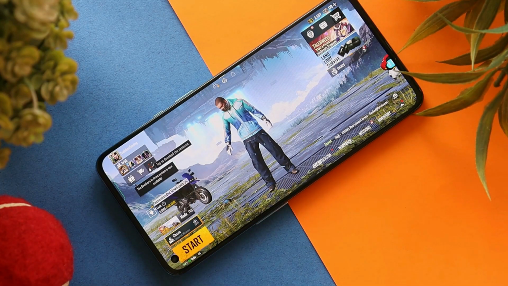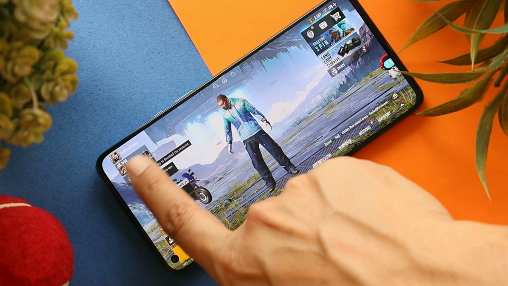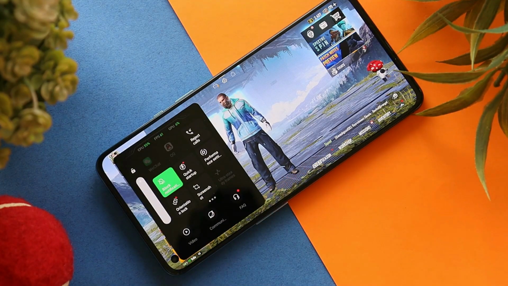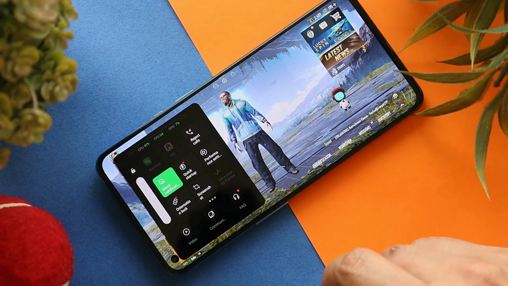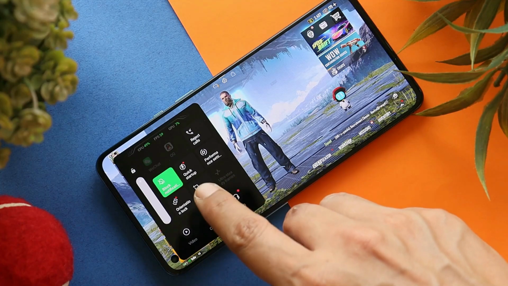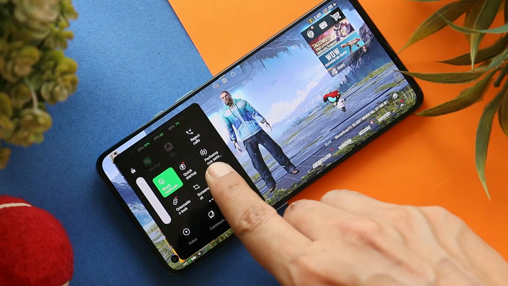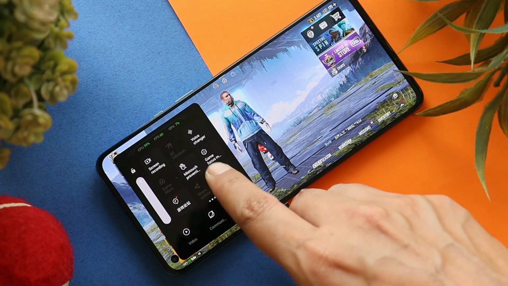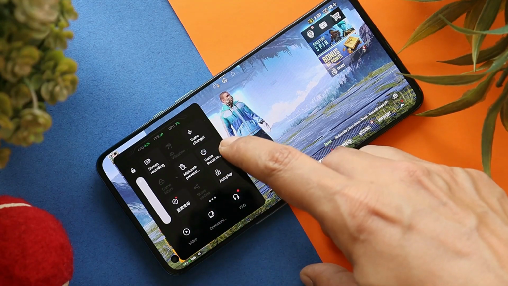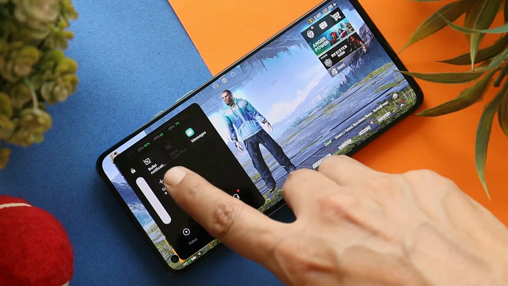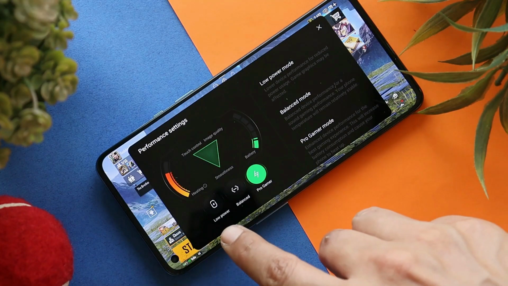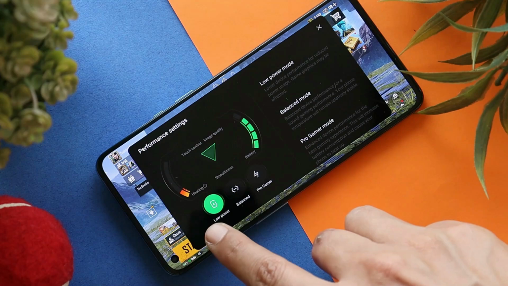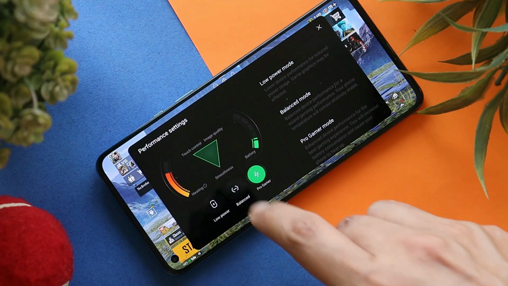And on ColorOS, I also like the new features added in the gaming toolbox. So this is the gaming toolbox which you can find on ColorOS 12, where we have lots of options like quick startup, orientation off, screenshot, reject calls, mistouch prevention, voice changer, game focus mode, and if you want, you can also add a few more. Under performance mode, we get to see these three options: low power mode, balance, and pro gamer mode.